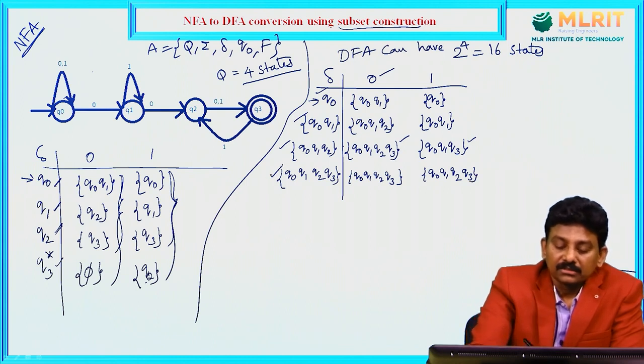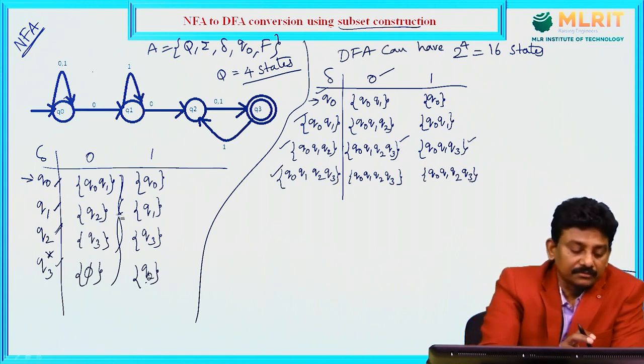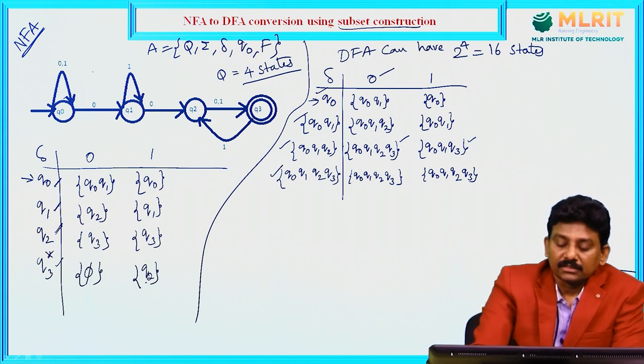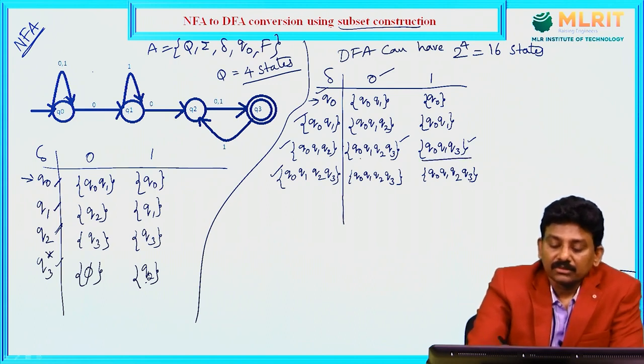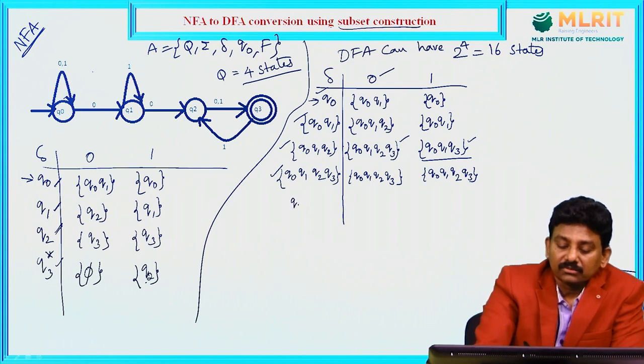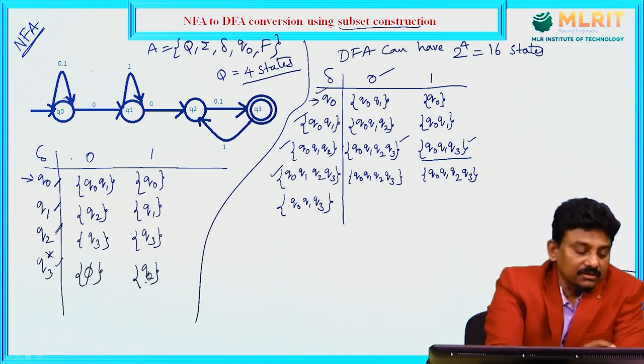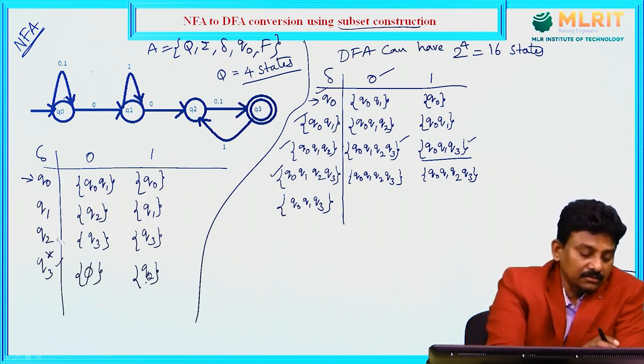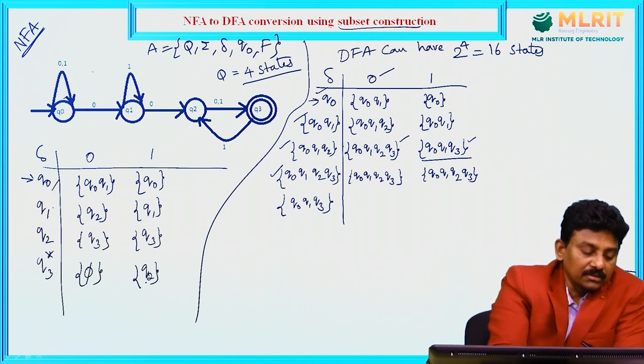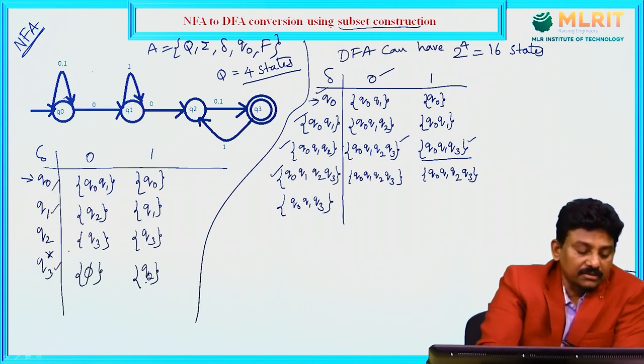So already this is an accessible state. Next, take this Q0 Q1 Q3, not processed before, so consider Q0 Q1 Q3 on 0,